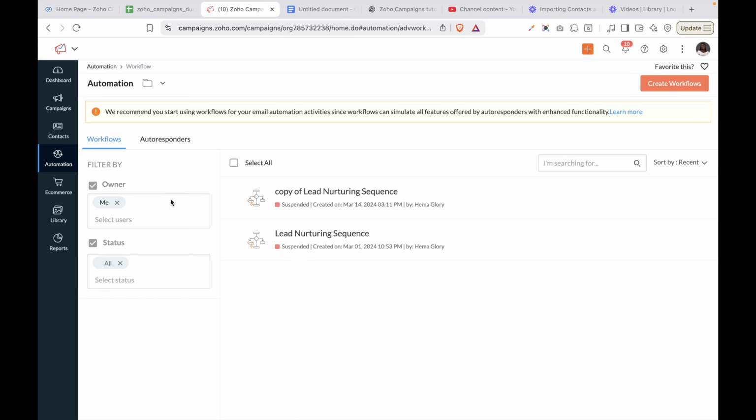Instead of you sending them out manually, you can configure an action and just say that if they open an email, we want to send them another email. Or if they click on any of those links, we want to send them another email. So you can do all of this through an automation. So in Zoho Campaigns, you can decide to create a new automation, which is also known as workflows. And when you click on create workflow,